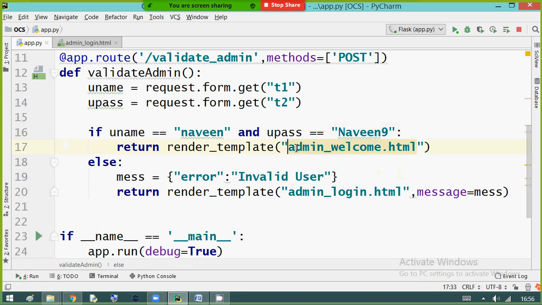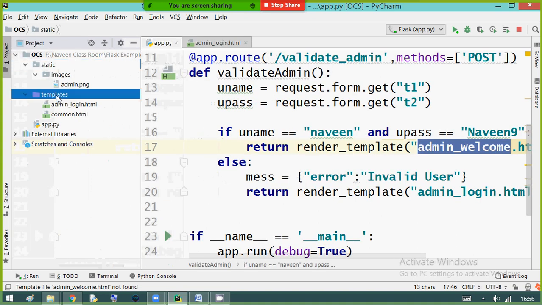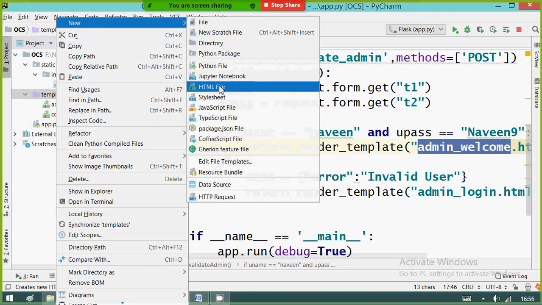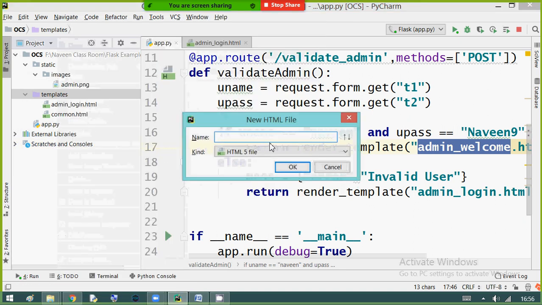Yes, this page is not available. We need to create this admin welcome inside my templates. Create a new template, that is an HTML file, and name it admin welcome. Click on OK.